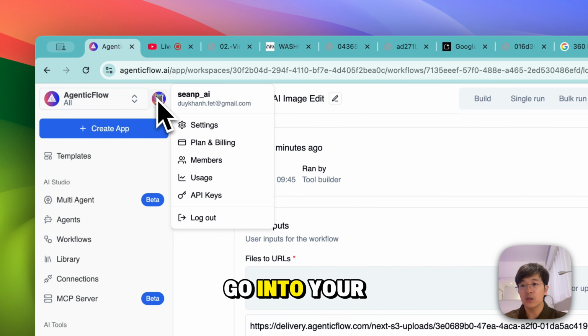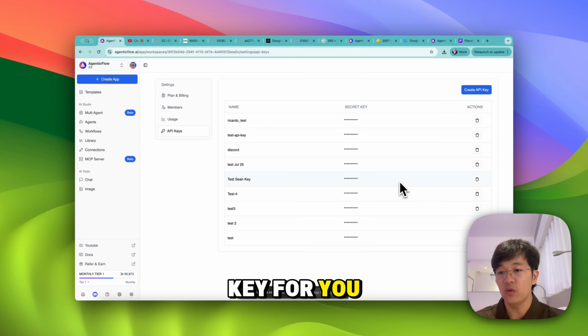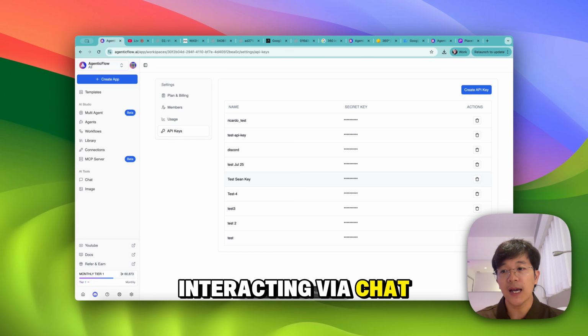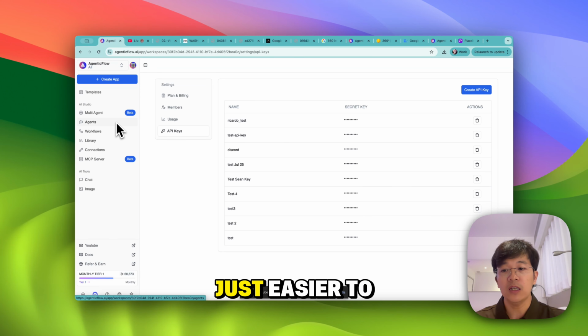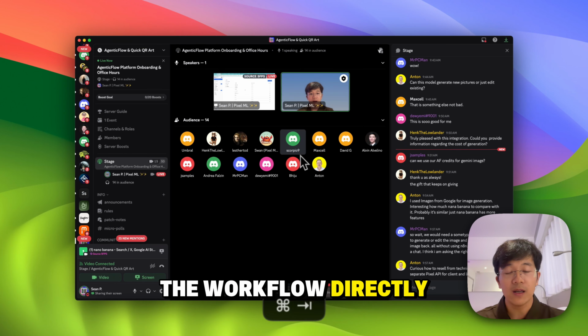And you can go into your API key here, and you have the full API key for you to generate. You don't need to interact via chat. I show it in chat because it's just easier for everyone, but technically you can just call the workflow directly.